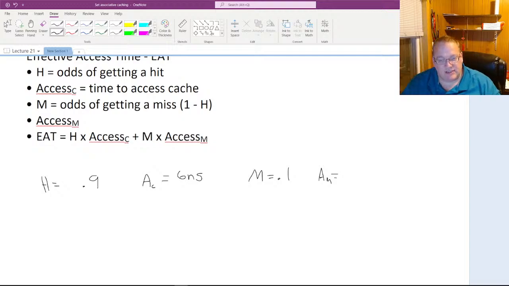What was the range on that? 10 to 70. So let's say that's 20. So that's relatively fast. All right, so what we're going to do is we're going to say 0.9 times 6 nanoseconds plus 0.1 times 20 nanoseconds. Let's put the NS on that. Okay, so this would be